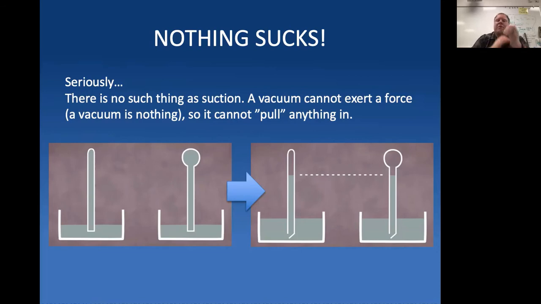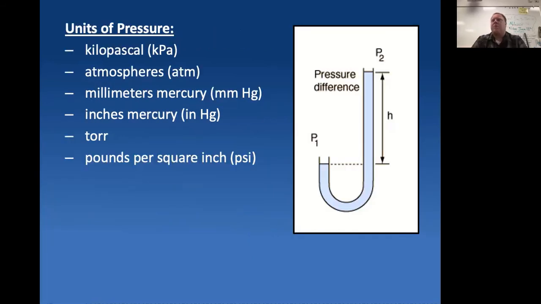So measuring pressure. First off, there are a couple of units that we use to measure pressure using this barometer. Here are the units that we typically use. Because it's about the height, I'm going to highlight these ones first. Millimeters of mercury: how many millimeters it can push mercury up a tube, just how high. And we can also have the English, the American version: inches of mercury. So how many inches can it push it up the tube? Those are just the height it pushes up the tube. That's one way we can measure pressure.